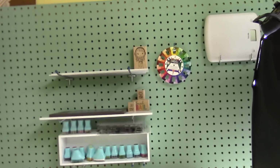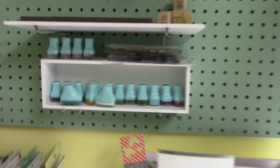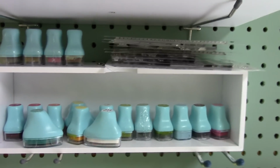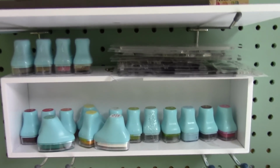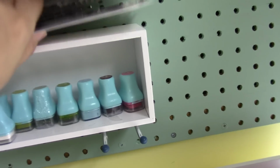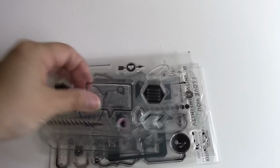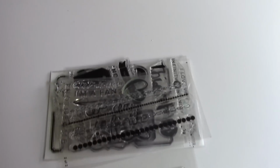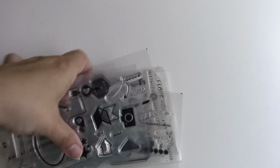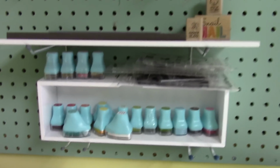But I've basically kind of rigged up a couple of shelves here that I can put random stuff on, so I don't really have a good place to store these Prima chalk inks. I really love them. I also have some generic stamps that I want to try to use some of these shapes a little bit more, and there's some splats on here too, a couple of different stamp sets that have splats. So my idea was to leave them there, and maybe I'll remember to use them a little bit more